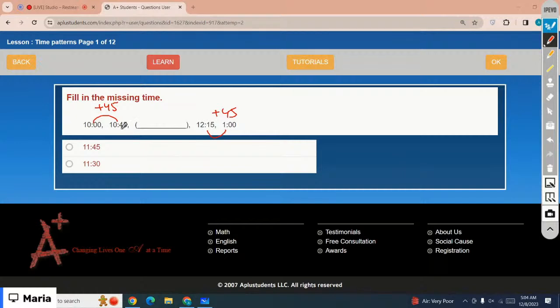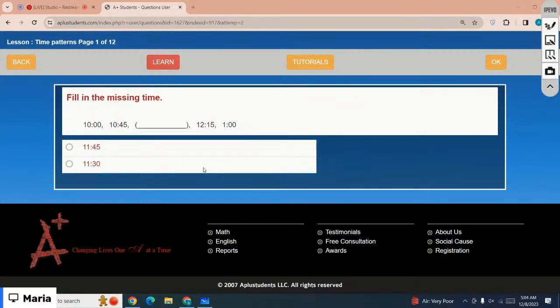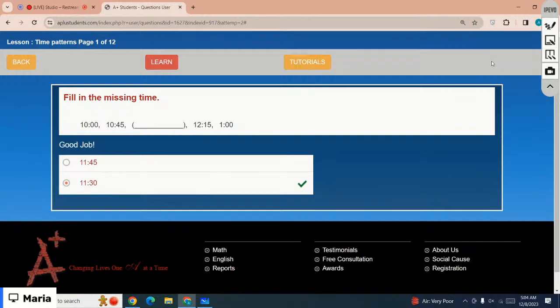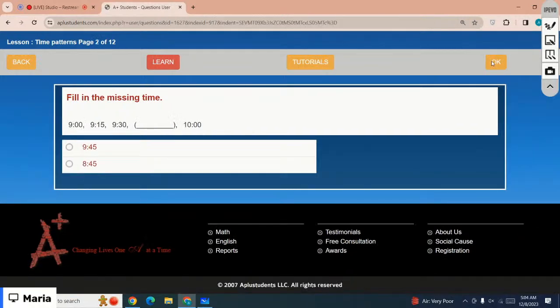So which is missing? Add 45 minutes to 10:45. When you add 45 minutes, 10:45 plus 15 minutes makes 11, right? And 30 minutes more makes 11:30. So the correct option is 11:30. When adding times, keep in your mind that after every 15 minutes you have to